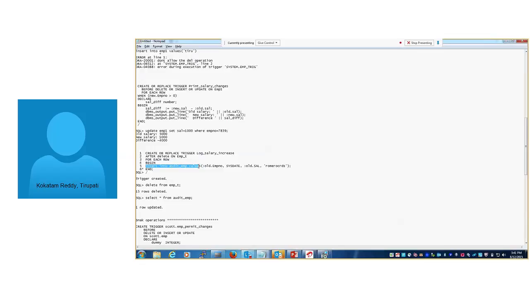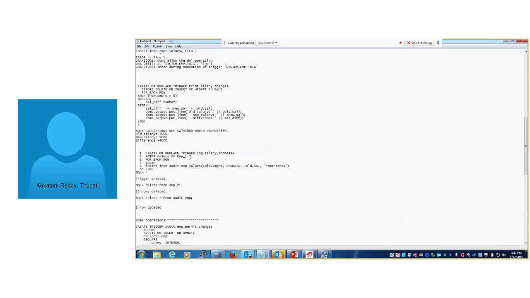Insert into audit_EMP values. It means if any user performs a delete operation on EMP_T, if you want to insert or update, you can simply specify or insert or update like that.